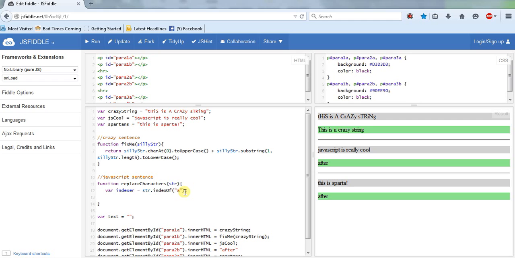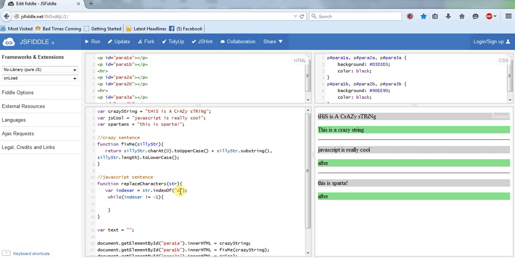So the next thing I want to do is put a while loop. And the interesting thing about indexOf is it's going to look for that A, and it'll find it, of course, because there's an A in here. But if there's not an A, indexOf returns a -1. That's just something you have to know. It's in the standards. If you read the Mozilla documentation, you could read about it. So basically I'm going to say while indexer does not equal -1, very important here,